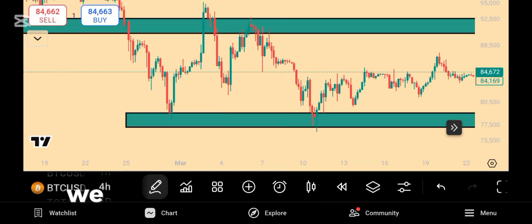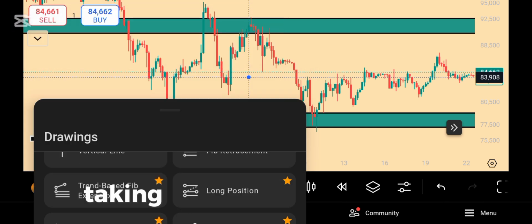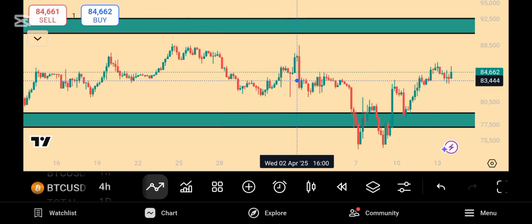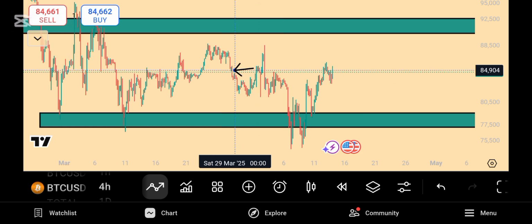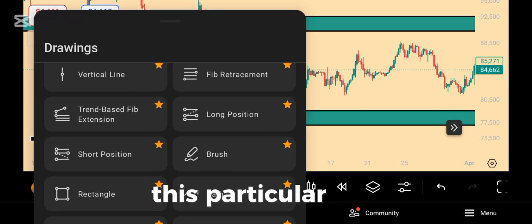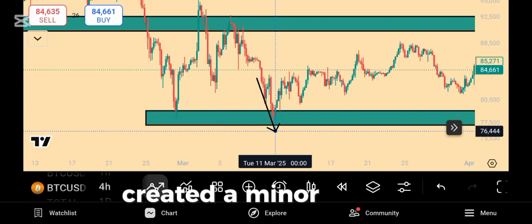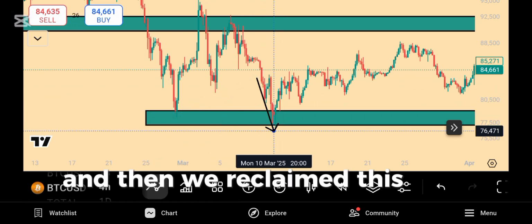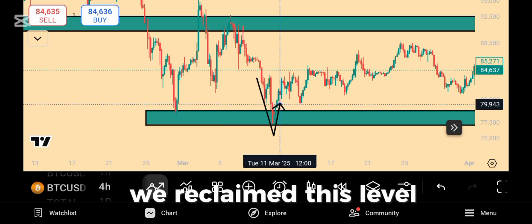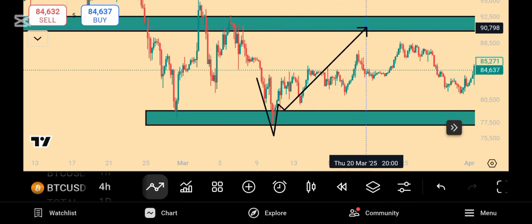Taking out this level, we sort of made a minor deviation. I'll call this a minor deviation, taking out this particular zone. After taking out this particular zone, taking out this particular level, we created a minor deviation, and then we reclaimed this upper level. We reclaimed this level, and then we moved. I was thinking we come into this zone, but we had a